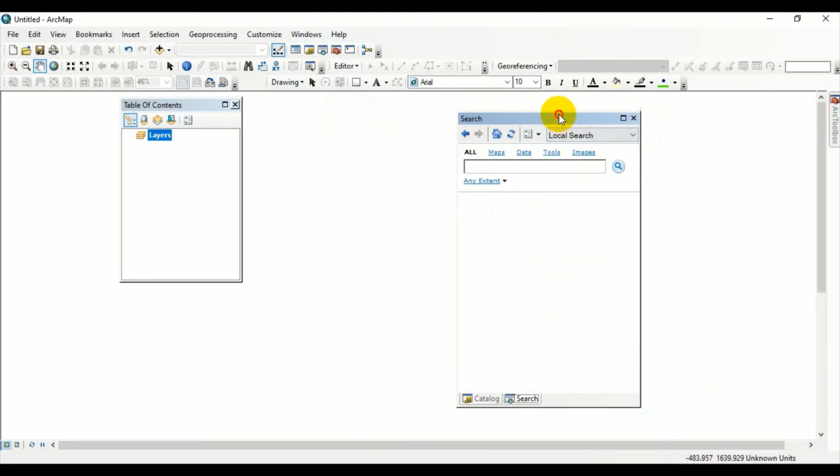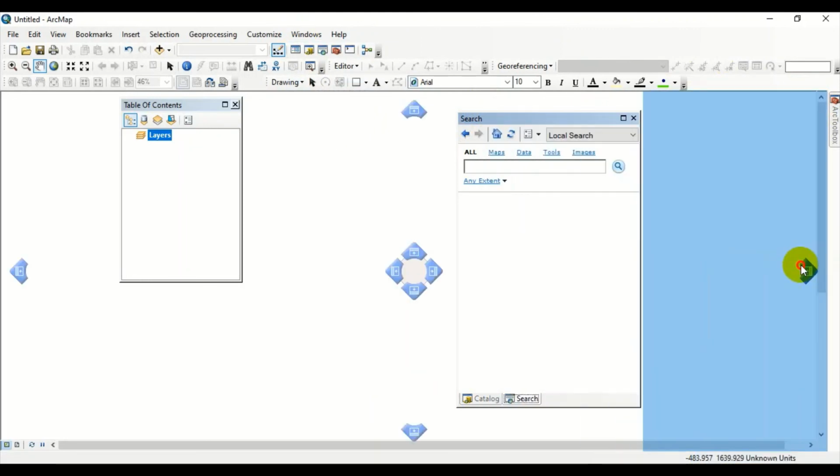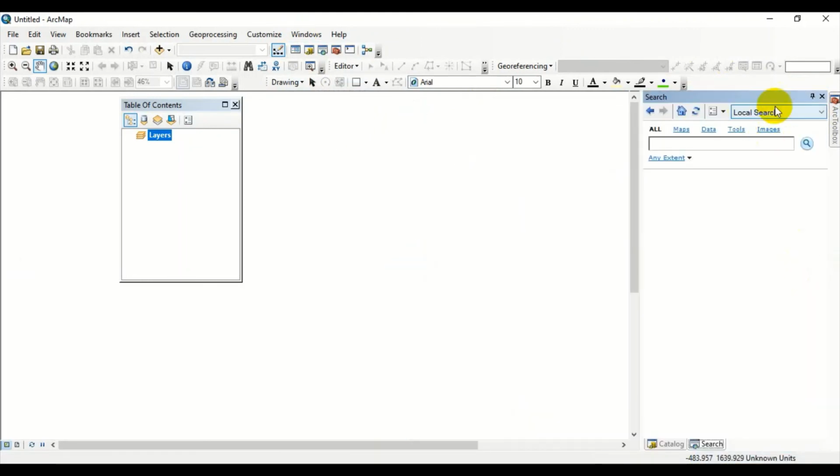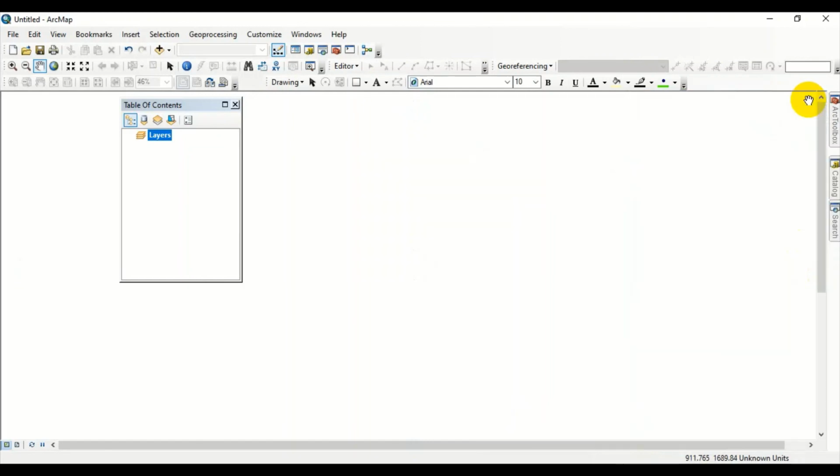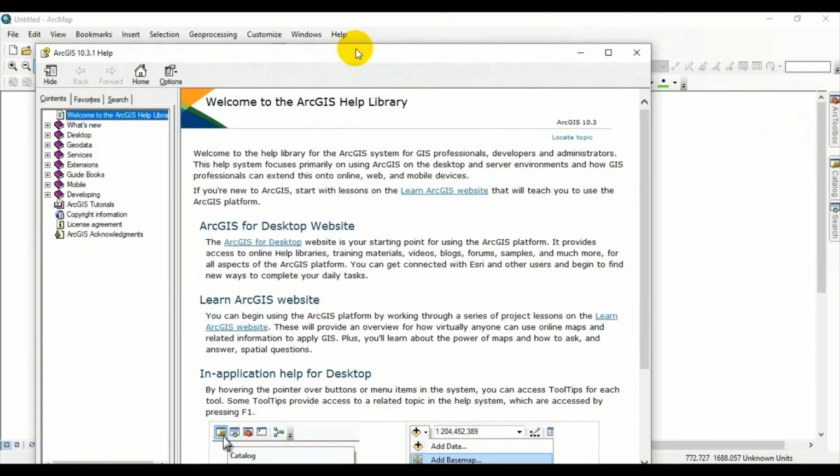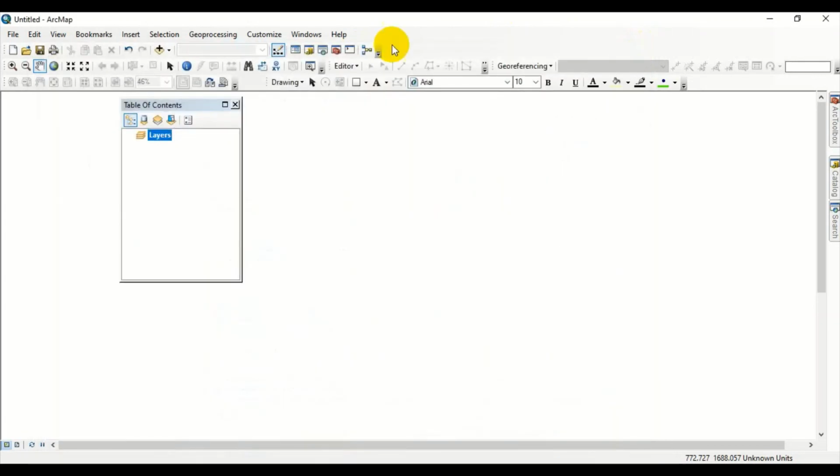Here's it as well. So it's all the same. Then we have the ArcGIS help installing on your laptops. So basically this is what this is the ArcGIS interface, and this is what we'll be working on